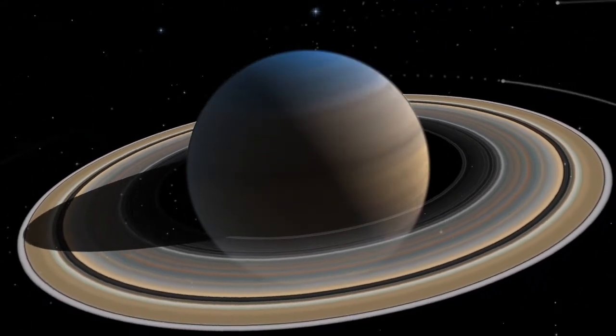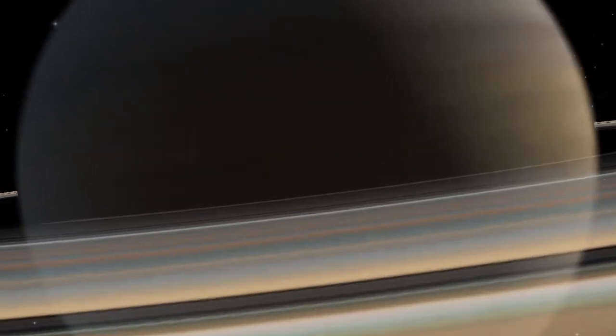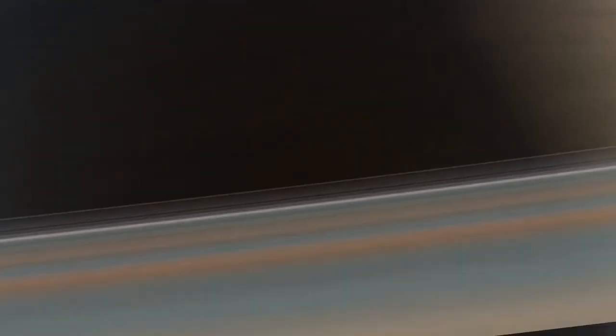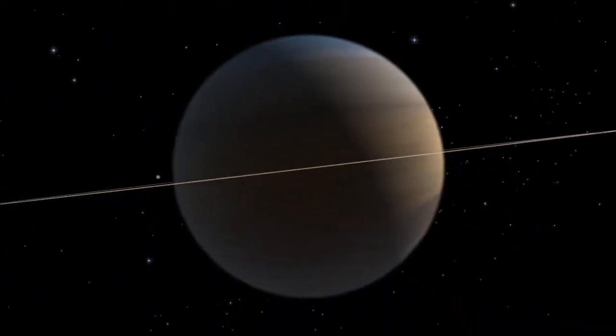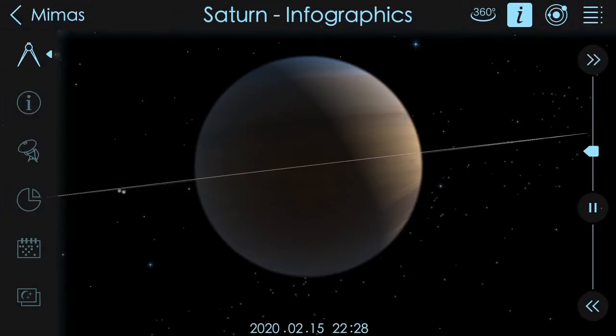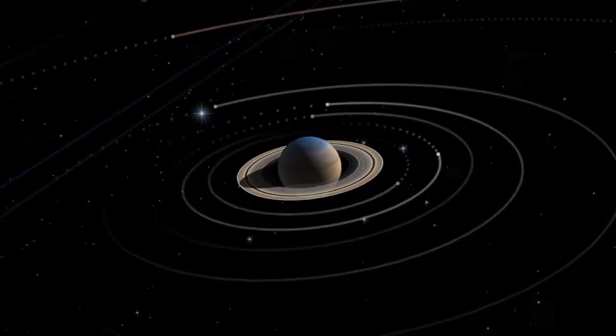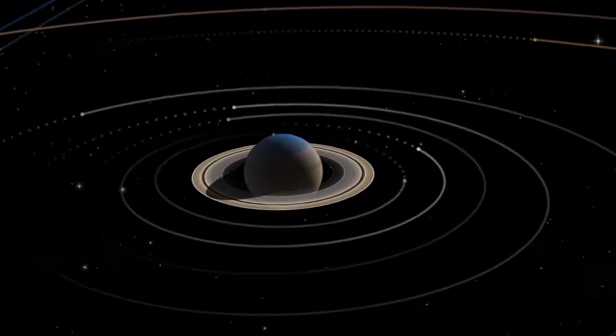Here are the rings. From afar, they look like dust, but if you get closer, you'd see rocks that are the size of a pebble to rocks that are the size of a house. So Saturn really has some really cool features, and